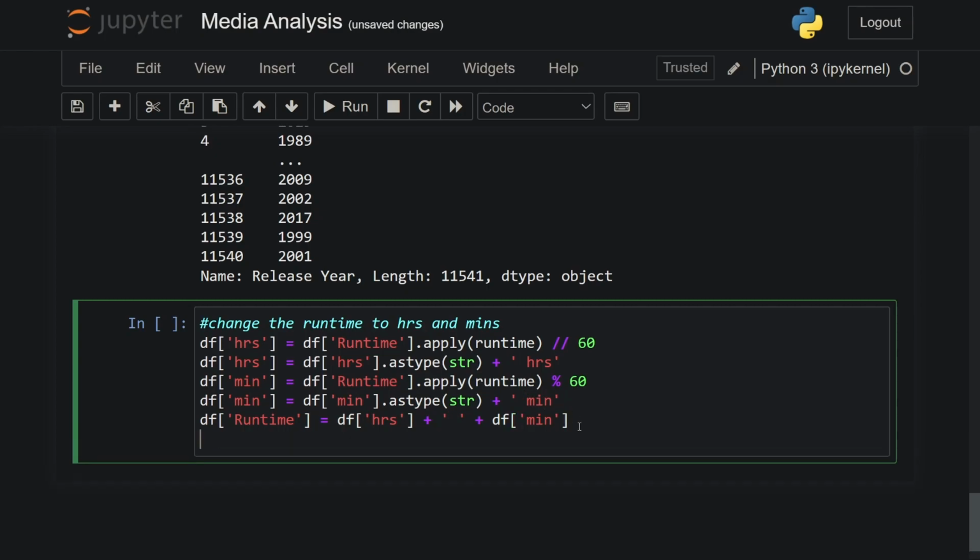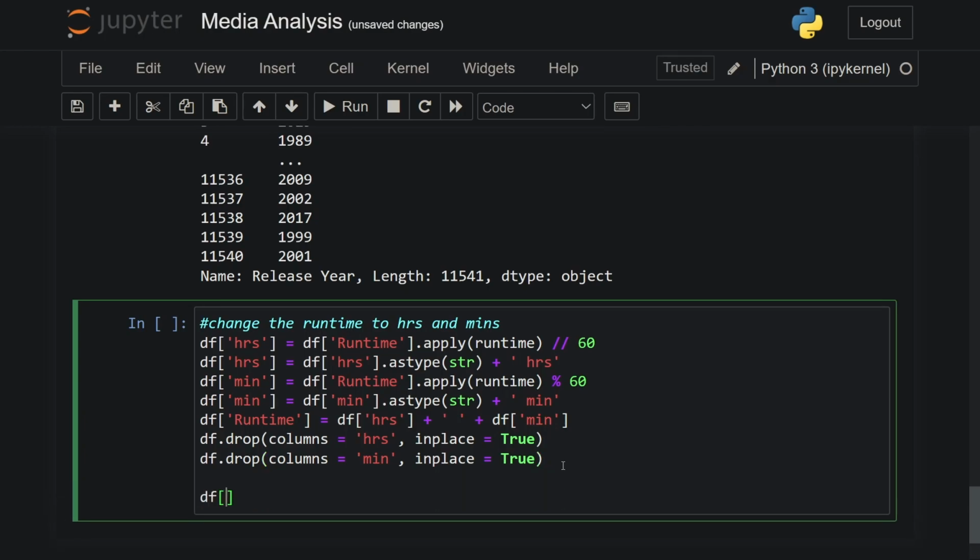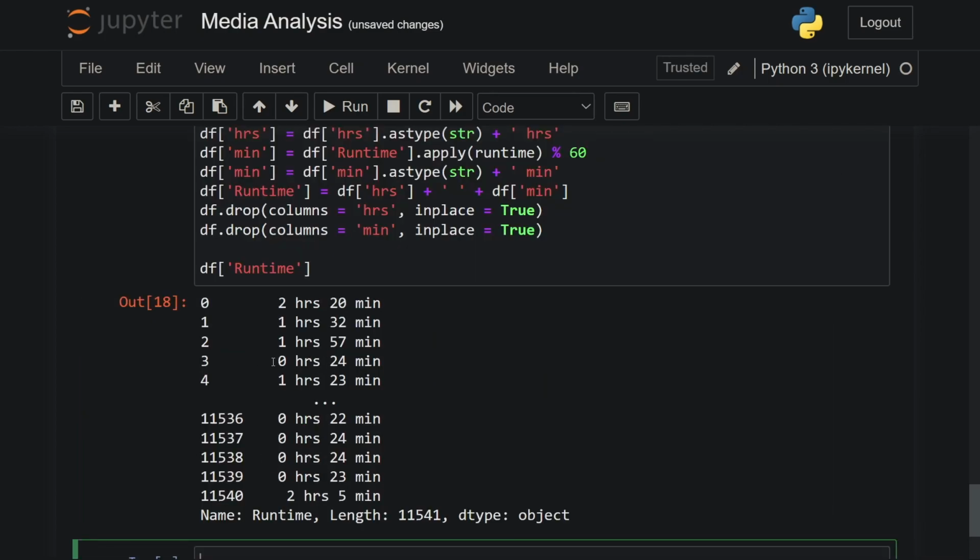Now we can just simply drop those two columns. df.drop columns equal to hours, inplace equal to True. Copy this and then simply change this to minute as well. Now when you run, trying to print the runtime, nice, so it does return what we want, and rather than having this as 0